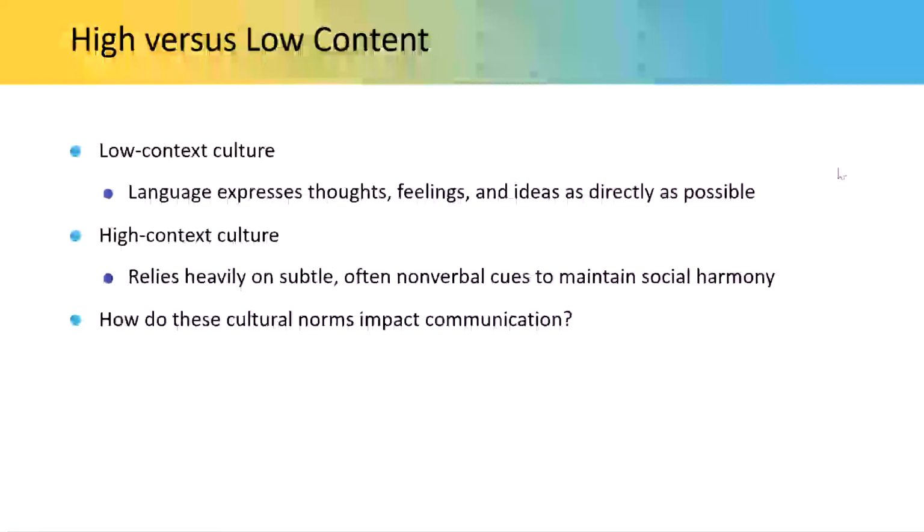Okay, so someone from a low context culture looks at someone from a high context culture and says, why don't they just come out and say it? Why are they beating around the bush? Why didn't they tell me they were upset with this? And the person from a high context culture looks at someone from a low context culture and says, why can't this person pick up the subtle cues that I'm giving off? Why are they being so direct? They're being so rude. So there are a lot of misunderstandings between cultures because the norms influence how we communicate.